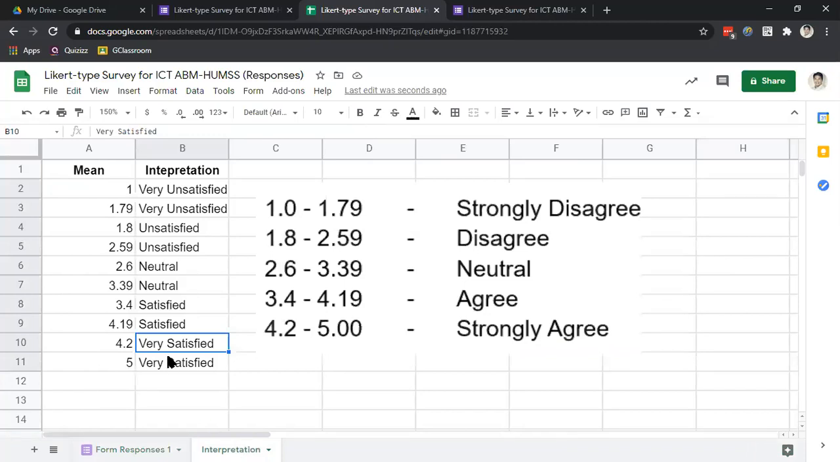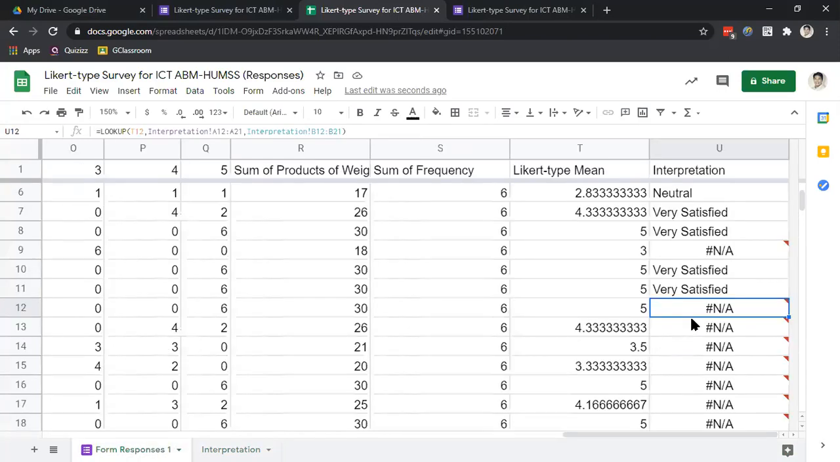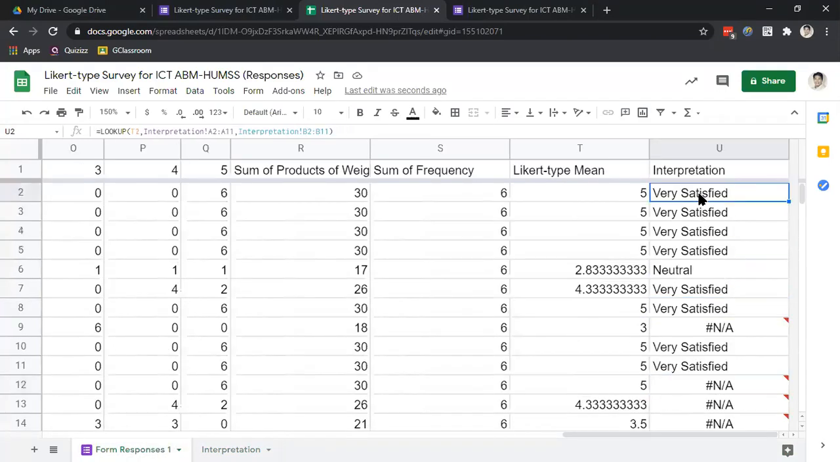Meron naman. Baka naman. So, check natin. Wait lang, wait lang guys. So, B2,